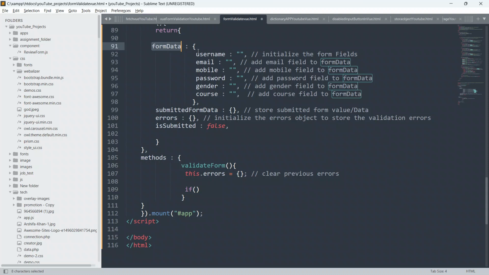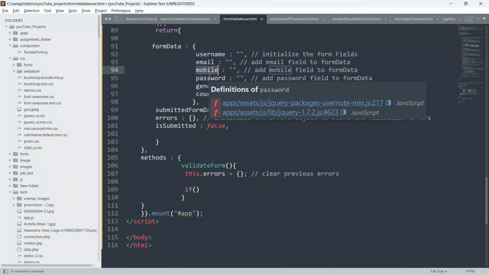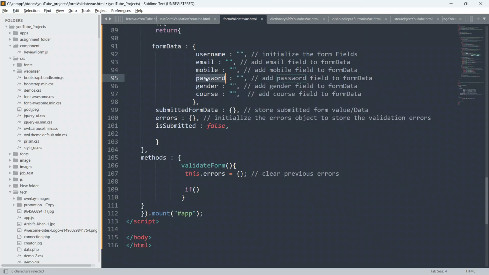Whenever I say this.username, this.email, this.mobile, this.password, this.gender or this.course, I refer to these fields. And whenever I say this.submittedFormData, I refer to this submitted form data, and this.isSubmitted refers to isSubmitted.